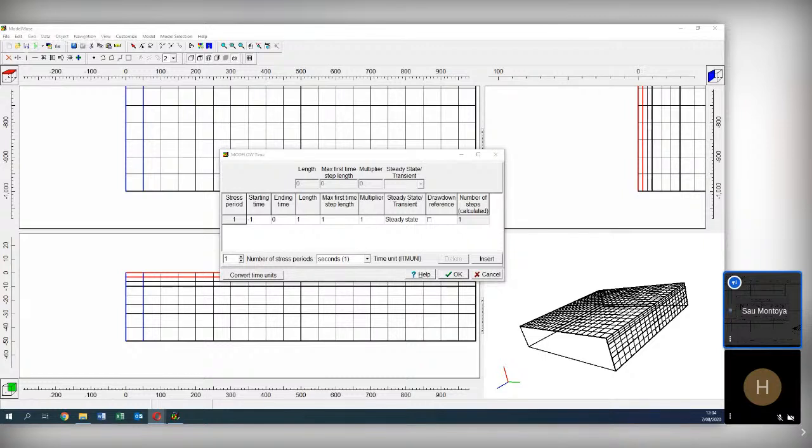Okay, Rafael asked a really great question. What type of layer could be best suited for semi-confined aquifers?